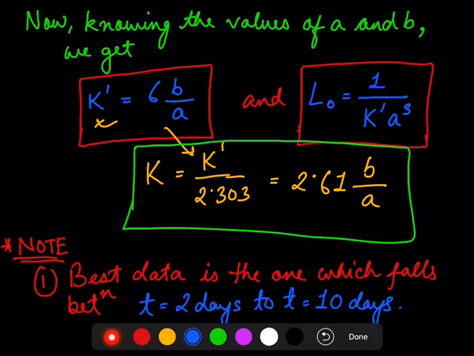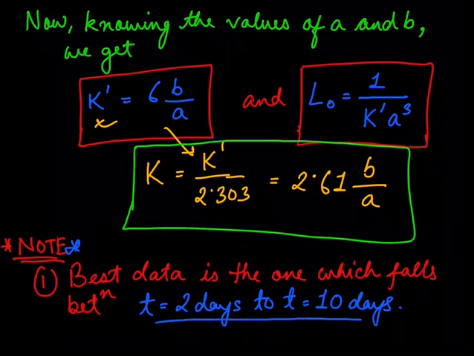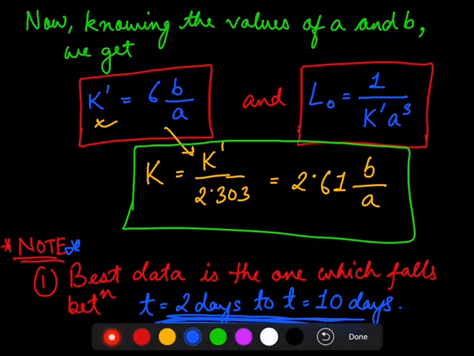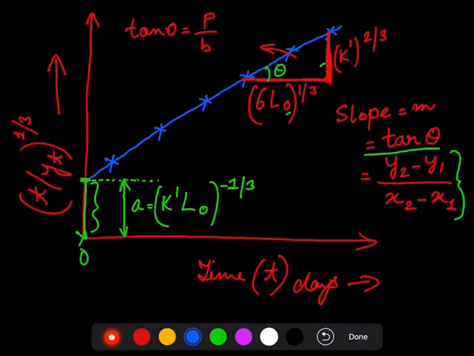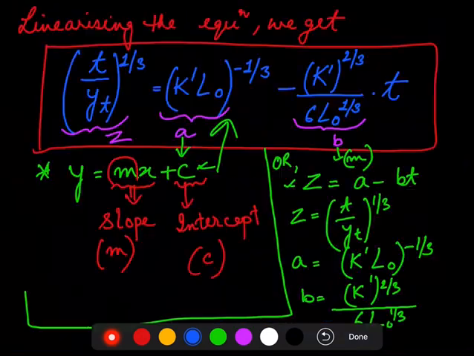So this is a note for you. The best data by this method is the one in which the data falls between time t equals 2 days to time t equals 10 days. Okay, alright, so you can again go through this